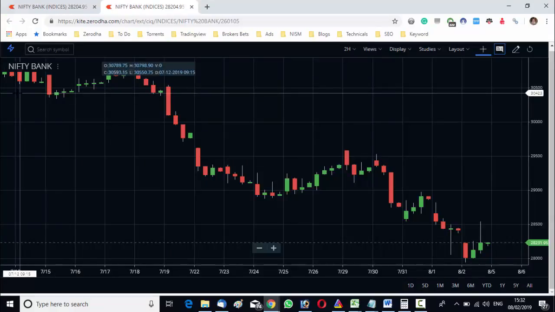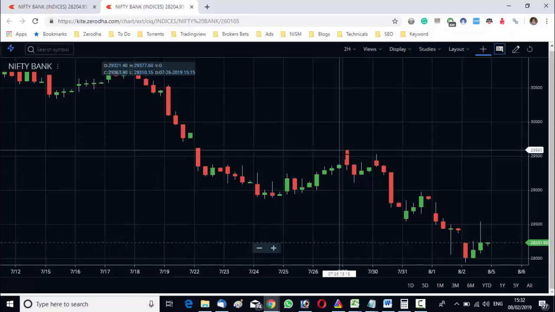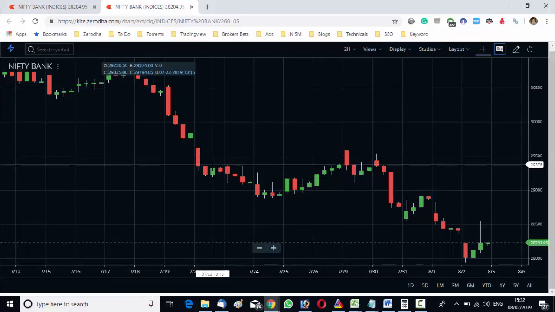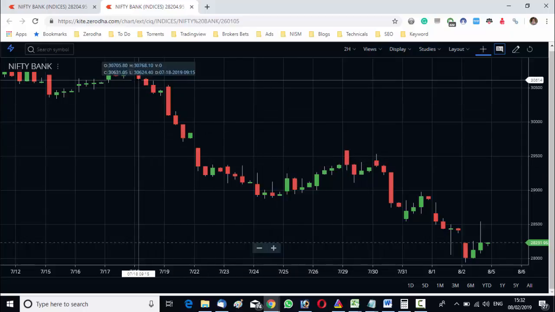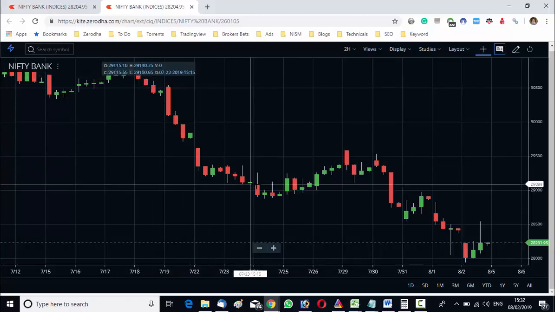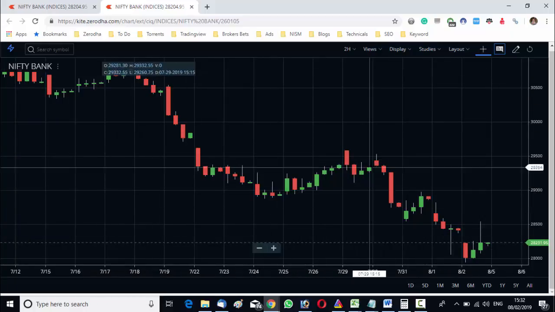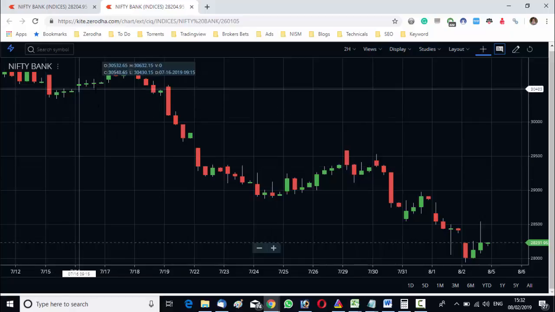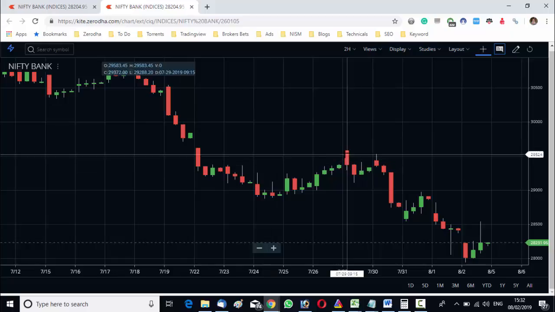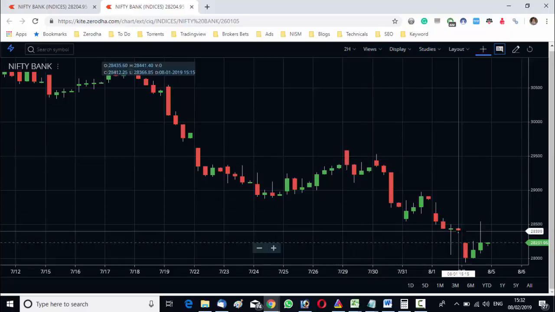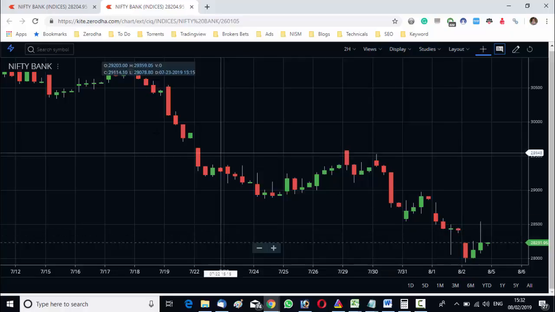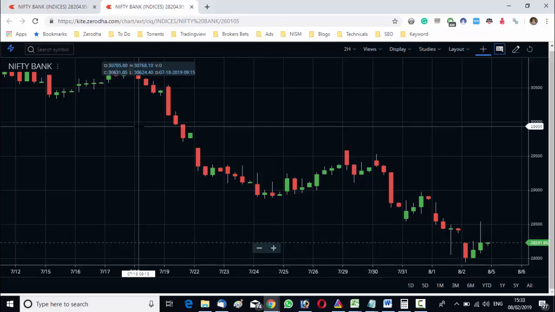So friends, this is a price chart. My broker is giving me this kind of price chart. But seeing this price chart, I cannot understand where exactly to buy or where exactly to sell, because there is no signal, nothing. If your broker is not providing you this kind of chart, or your chart is not clearly visible, or your chart is not continuous, you do not have enough data in your chart, it is time to switch your broker.